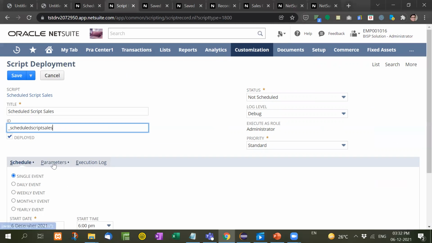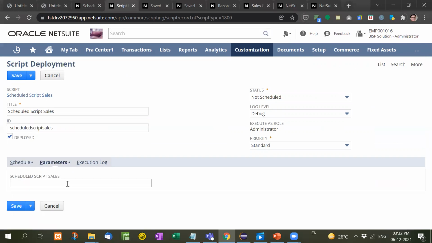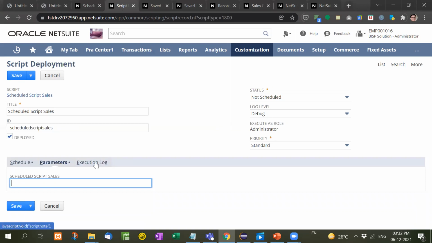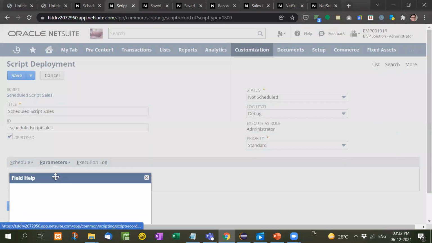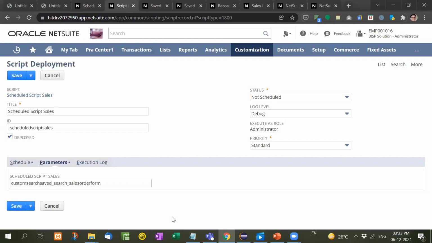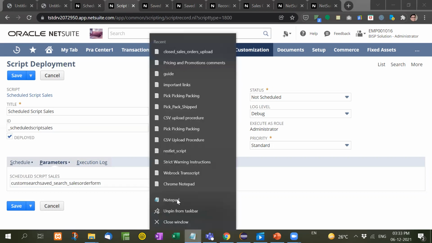And here I will go to parameter. Now see here, here we have to write down the saved search ID. Control C, saved search ID. And here we have to copy this and note down somewhere else. Control C. Let's take an example of Notepad.